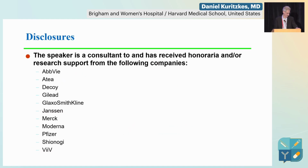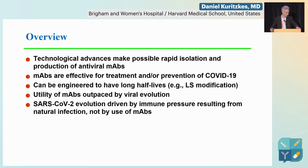Here are my disclosures. So this slide provides an overview, and by way of warning for those of you who are triggered by COVID and may suffer PTSD by my taking you back through what we all experienced from 2020 to the more recent era, I'll be talking about how technological advances made possible